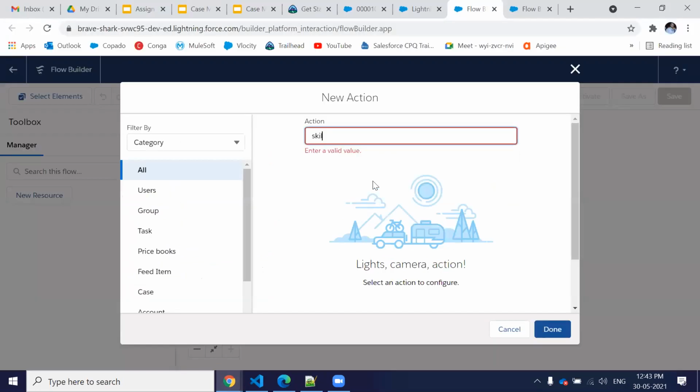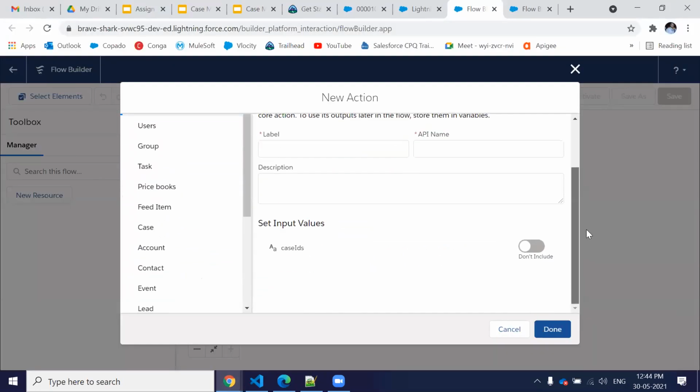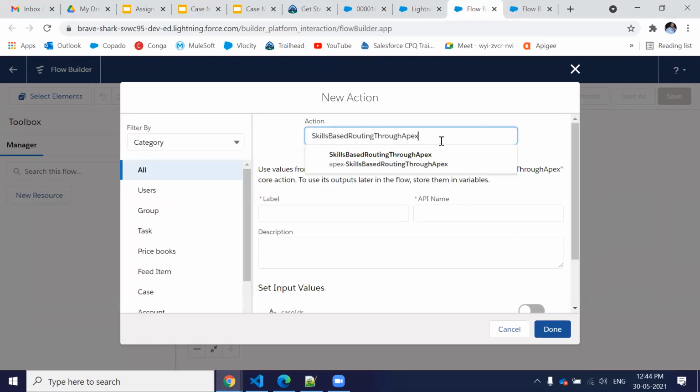That's why you can get your Apex class here also. I have to provide the case ID, but I'm not going to use the Apex. So let's just remove it, because we already have a Salesforce provided action, which is skill based routing.